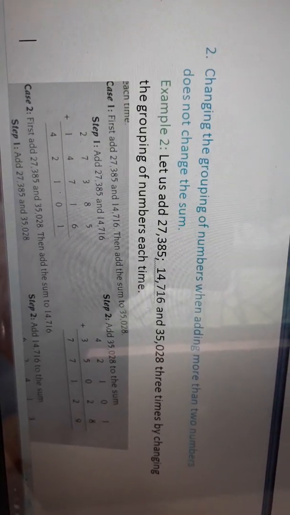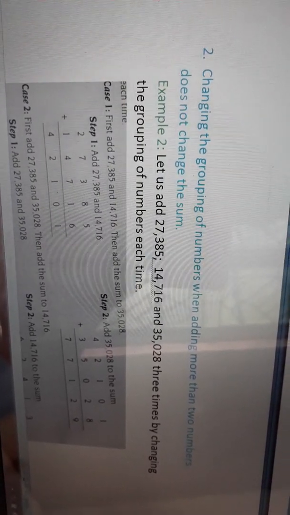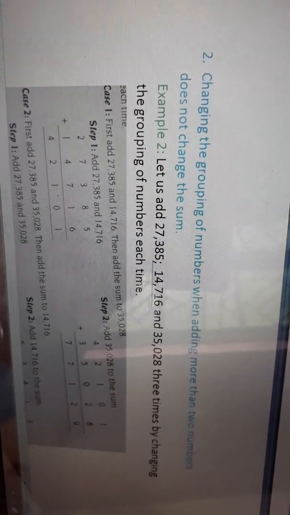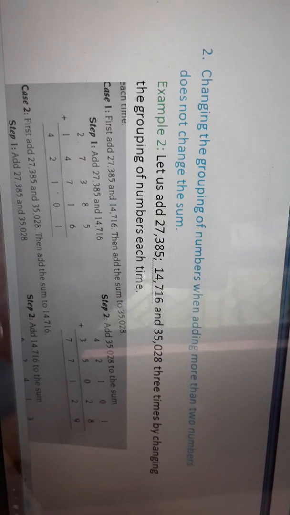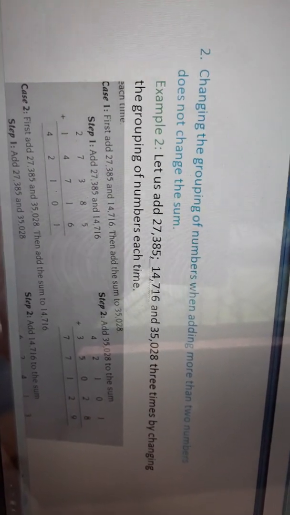At first you add the first two numbers and then add the third one, or you add the first number and the third number first and then the second number, or you add the last two numbers first and then add the first number.